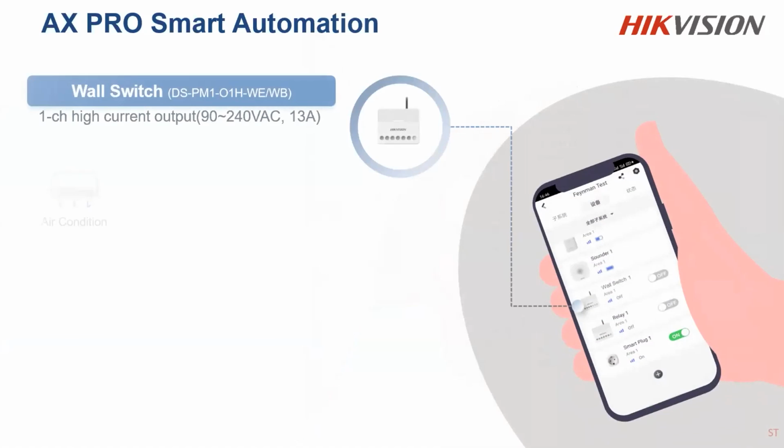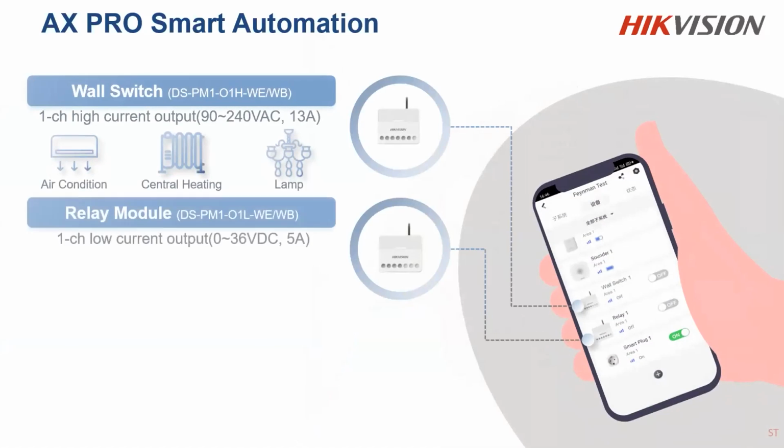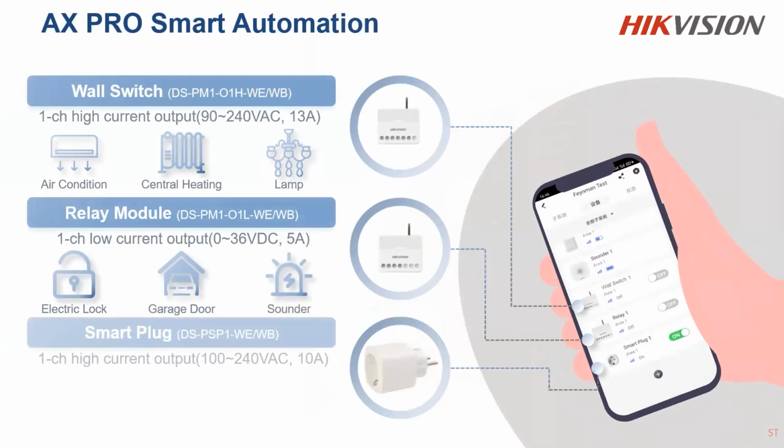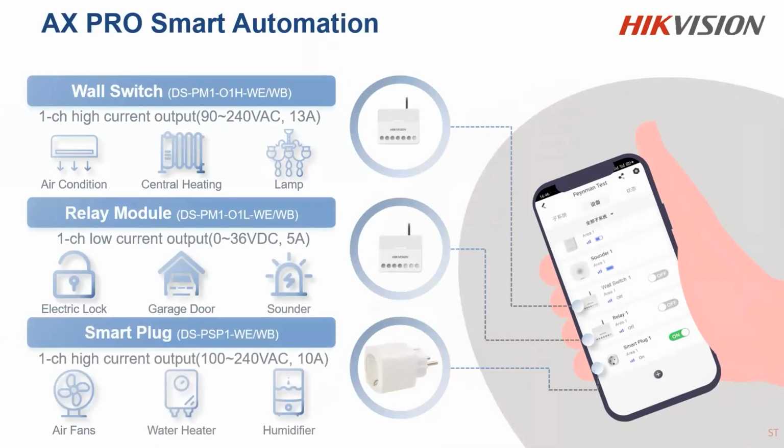Talking about smart automation, nowadays every household is moving into smart home concepts. So we have not been left behind. We have upgraded our technology to support smart automation as well. As you can see, we have mentioned certain models here. We have wall switches you can purchase, which can control the air conditioning, like I mentioned in the previous slide. If you go for this model,